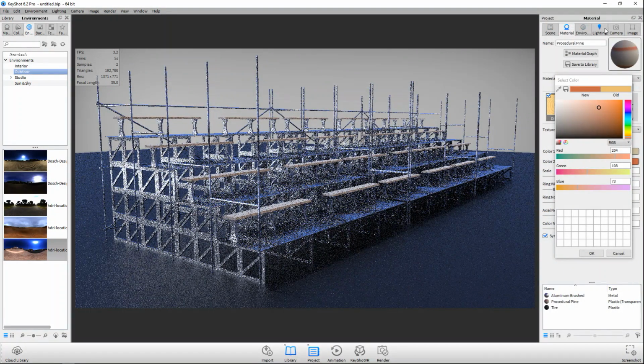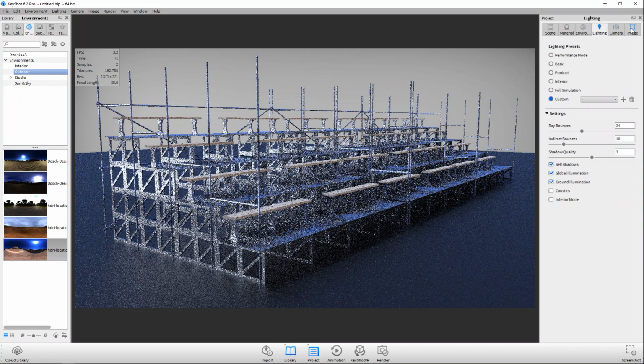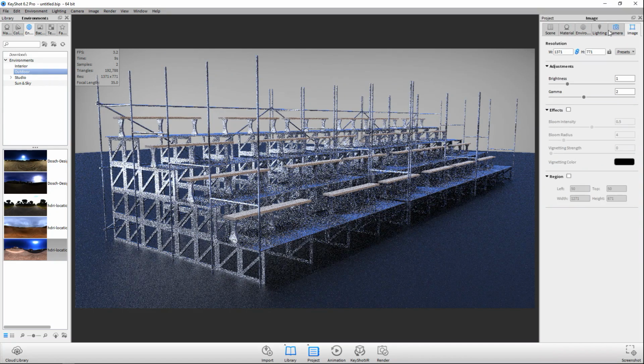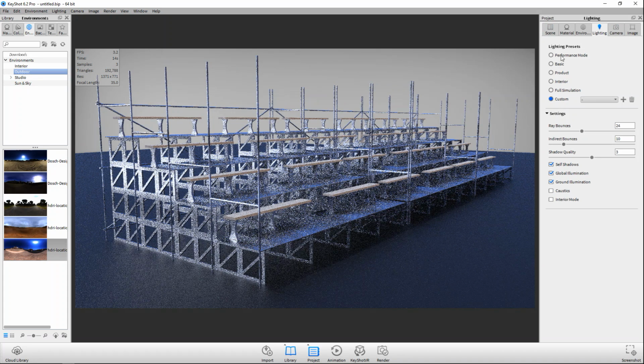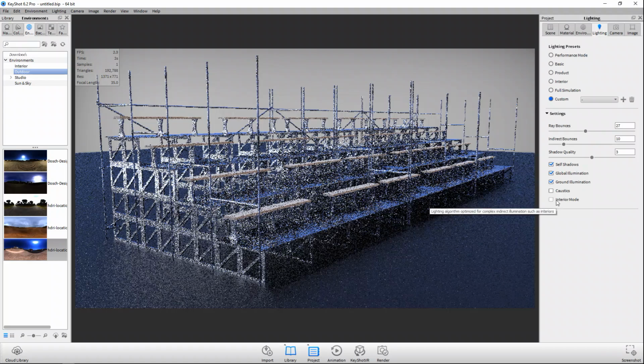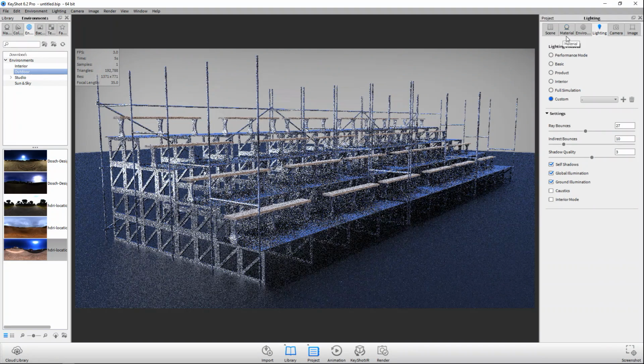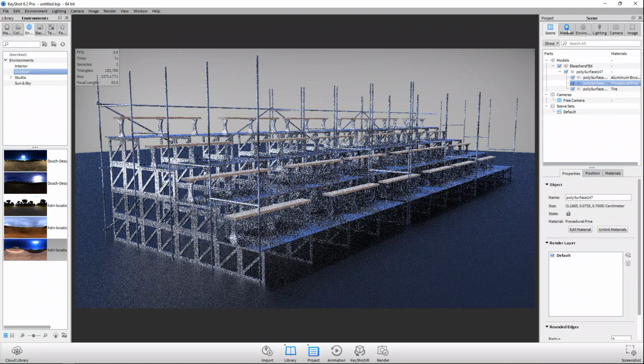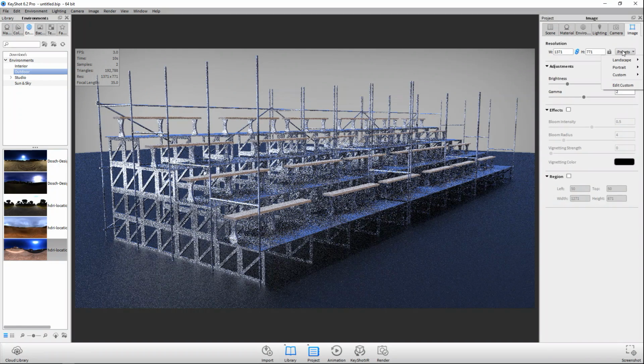Okay, so let's see, we'll do that, and we'll go and see if we can tweak this a little bit. Let's see, we'll increase that a little. I'm going to keep that as is. Yeah, okay. So this looks good. I'm going to do the render, and I'll see you guys when it's done.